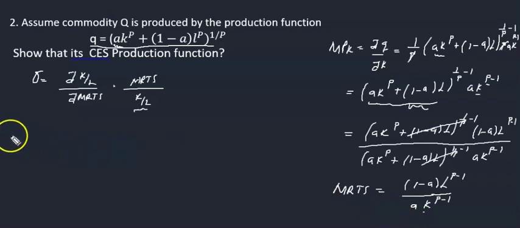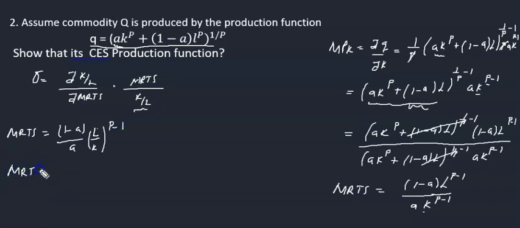But before we swap them, let's just factorize powers first of all. So we will have 1 minus a over a, then we will have l over k, then the power is p minus 1. So like we did from the previous example, we are going to